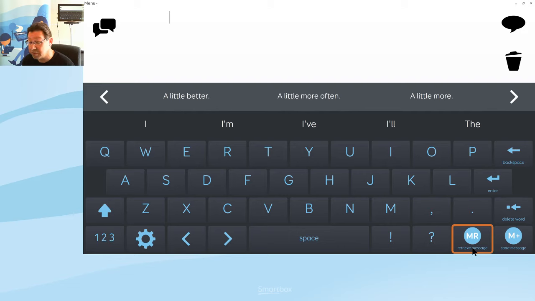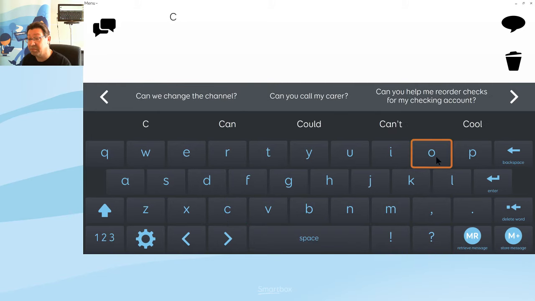So I'll show you an example sentence now. I'll use the prediction cells wherever possible. So I'm going to type the sentence, "Could you call me a taxi, please?" So if you keep your eye on the black row of cells immediately above the keyboard,